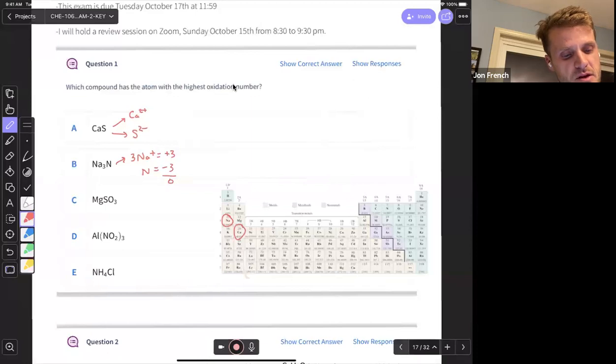For the magnesium sulfite, magnesium is group 2, so it's 2+. That makes the sulfite 2- to balance that out. But it's asking for the atom with the highest charge. So we need to assign a charge to sulfur and oxygen as well. So to break up sulfite,